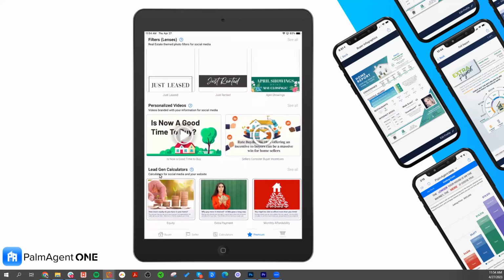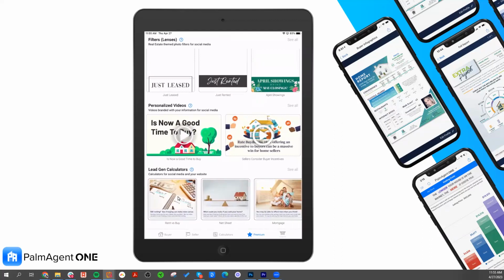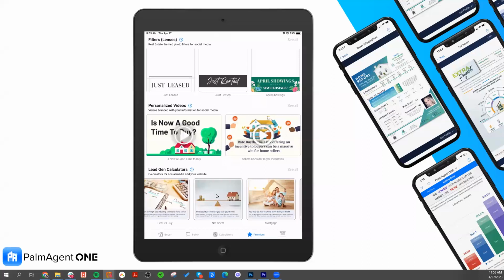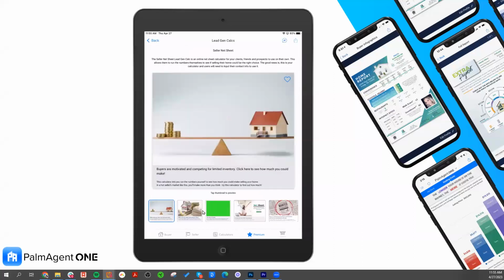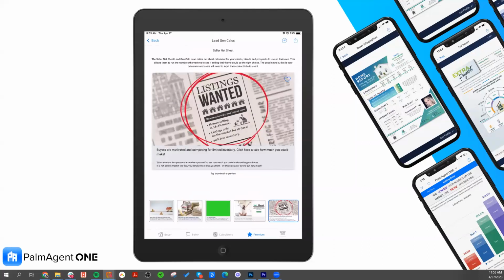This is a way for you to generate leads by putting calculators out there and letting the consumers run the numbers themselves. So for example, let's say I'm trying to attract more sellers. I could go to that net sheet category, then choose what thumbnail I want to use. I like this listings wanted one. And then I would press that share icon in the top right corner and I'd share this to Facebook, where I'd say,